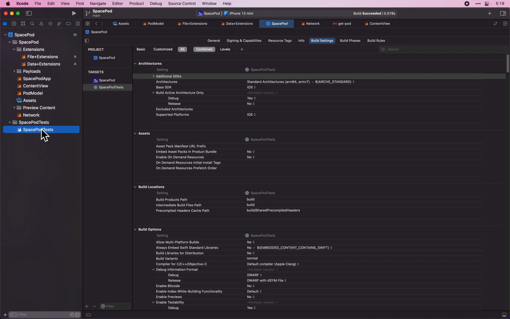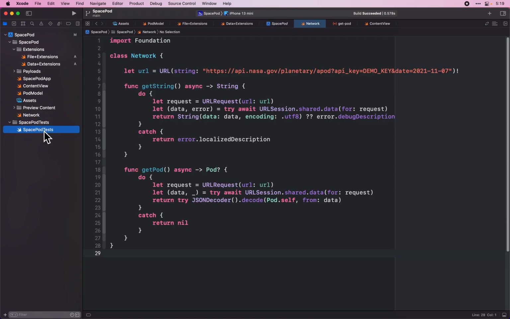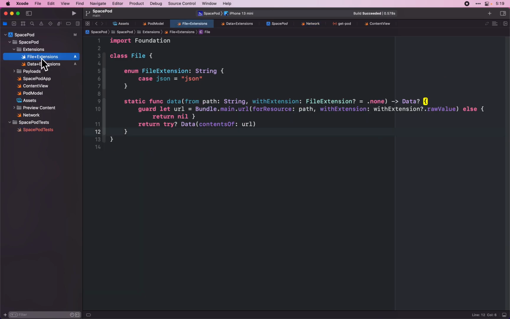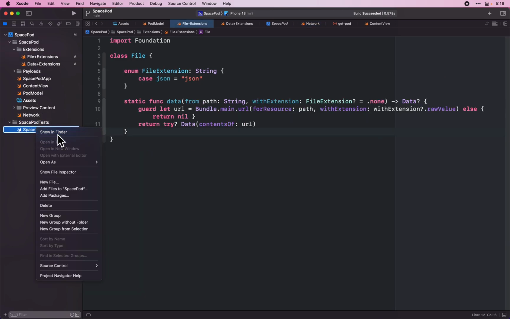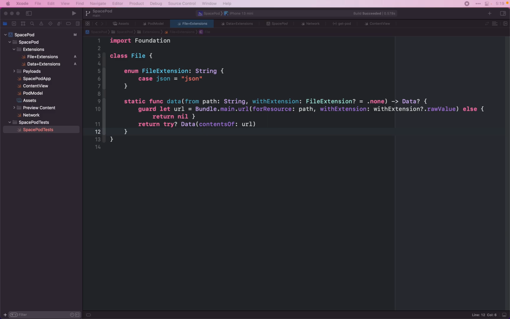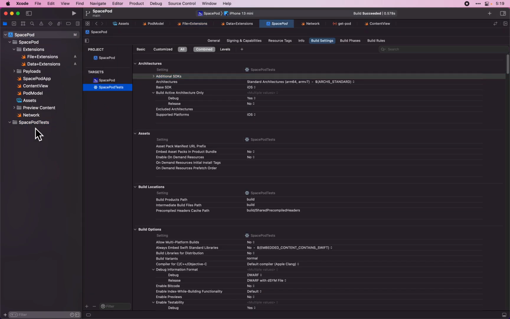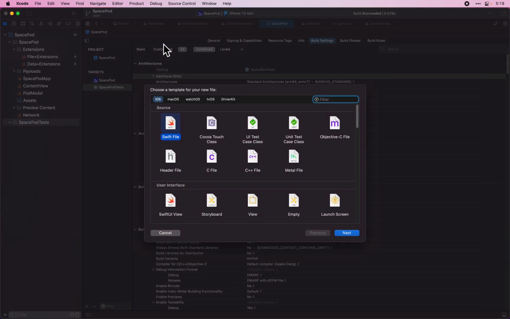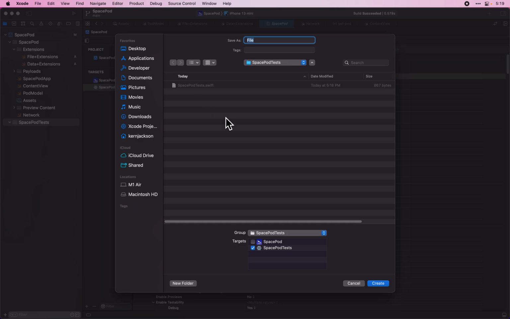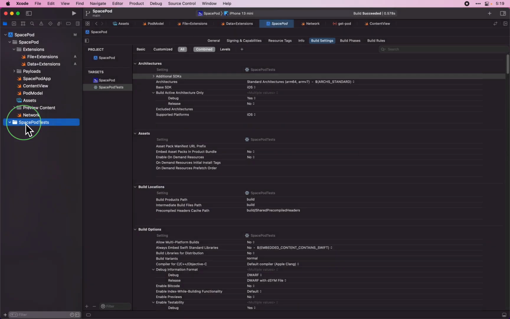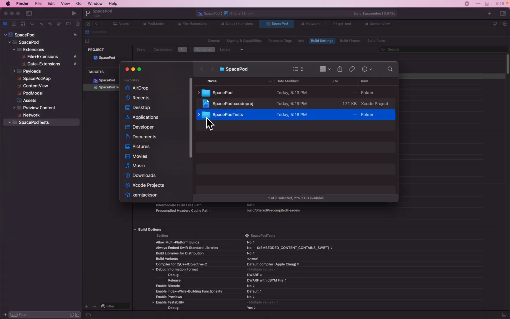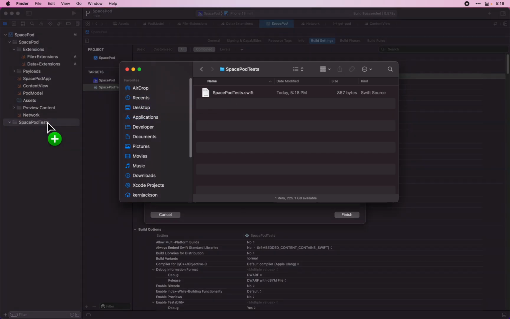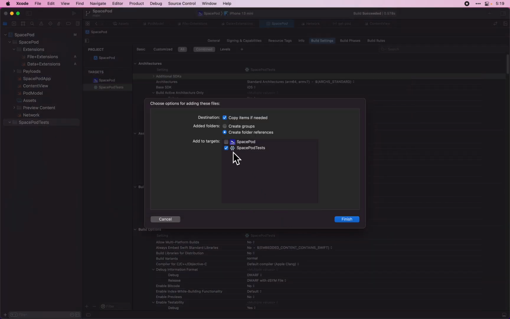And something's wrong. So something's gone wrong when we tried to add that. That's okay. So we see we have our target. Let's add a test. We'll just add a file there. We might be able to do this and add it back. So if you hit a problem like that,